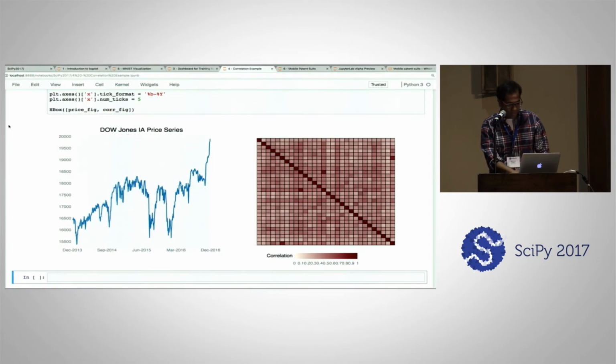What we have on the left here is the price series of the Dow Jones Industrial Index, which contains 30 stocks. And on the right is the correlation matrix of those 30 stocks over the entire period. If you want to test the hypothesis that in crises they do become more correlated,